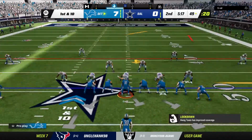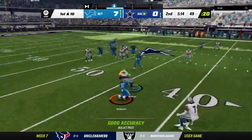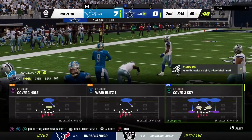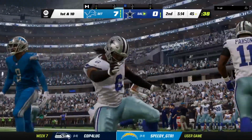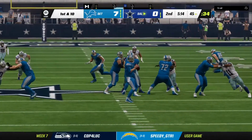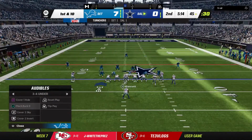Goff on 1st down, trying to get it to Williams, but it's intercepted. And the Cowboys will have solid field position here as they take over at their 45-yard line. So this defense coming up with a takeaway, and maybe that's something that can bring a little life to that